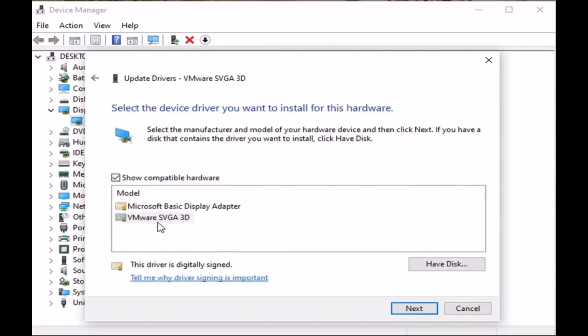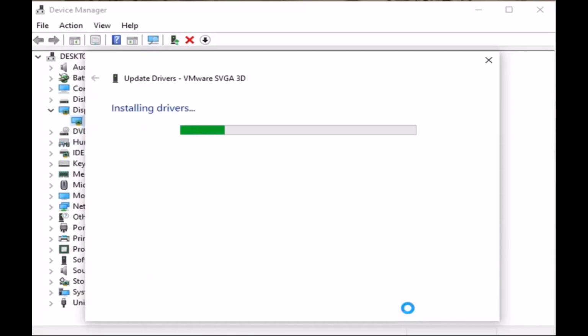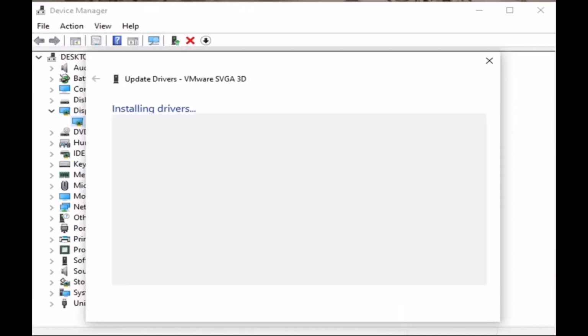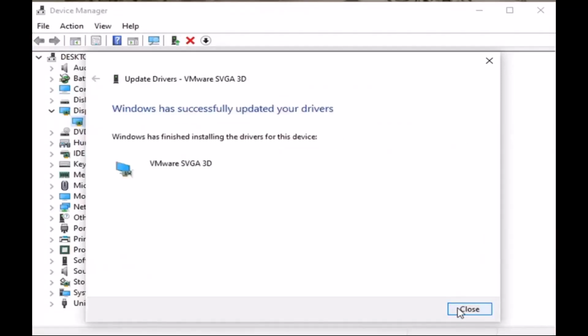If you see multiple options, pick the one that best matches your specific display adapter. If there's only one option, go ahead and select that. Click Next and give it a moment. It should confirm that the driver has been updated successfully. Close this window. Another thing you can try,